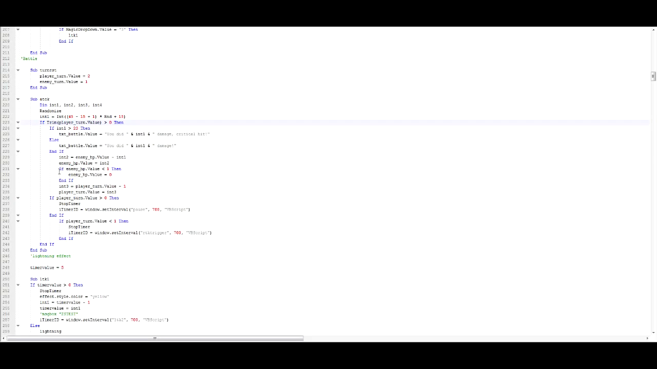So next what happens is the subroutine ensures that the enemy HP is greater than 1, otherwise the enemy HP is equal to 0. Now this is to ensure that you don't get negative numbers in the enemy HP, because that wouldn't make much sense. I guess it would be considered overkill, but anyway, and then this subtracts